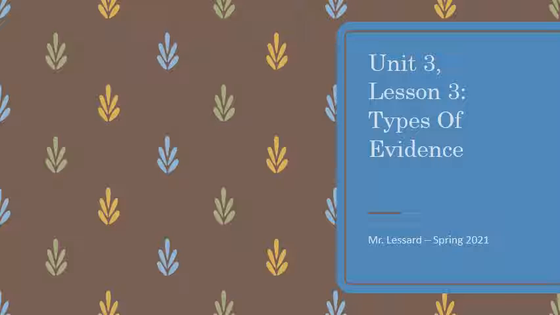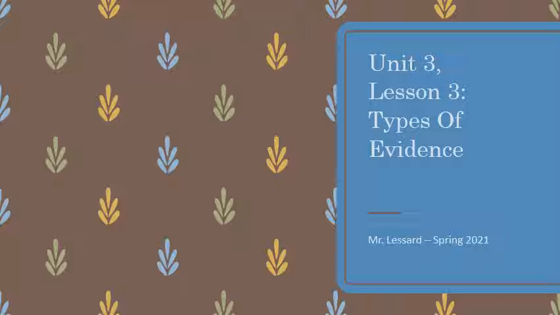Remember that this unit is all about argumentation, both being able to make an argument, but noticing how other people build their arguments as well. So in lesson 1, we talked about how to notice a person's argument and express that argument. How do we write it down? In lesson 2, we talked about strengthening an argument by appealing to the three different rhetorical appeals: ethos, pathos, and